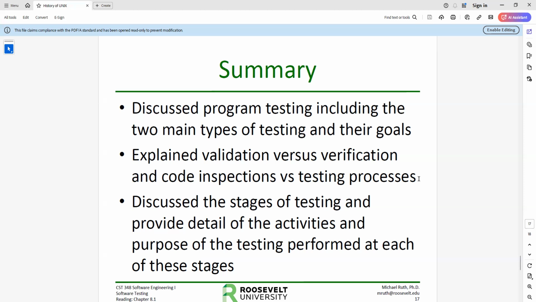We also talked about the stages of testing, the three basic core things. We talked about user testing, acceptance testing, which we refer to as release testing in this book. And we also talked about development testing. We're going to get into each one of these, but the purpose of each is different. And then we'll go into the detail of the activities as we go forward. All right, if you have any questions, please make sure you ask them.